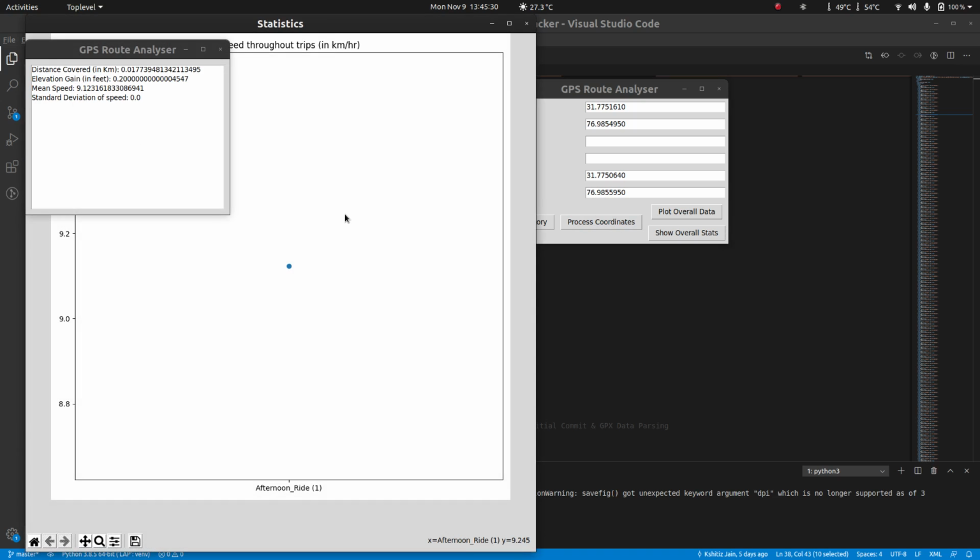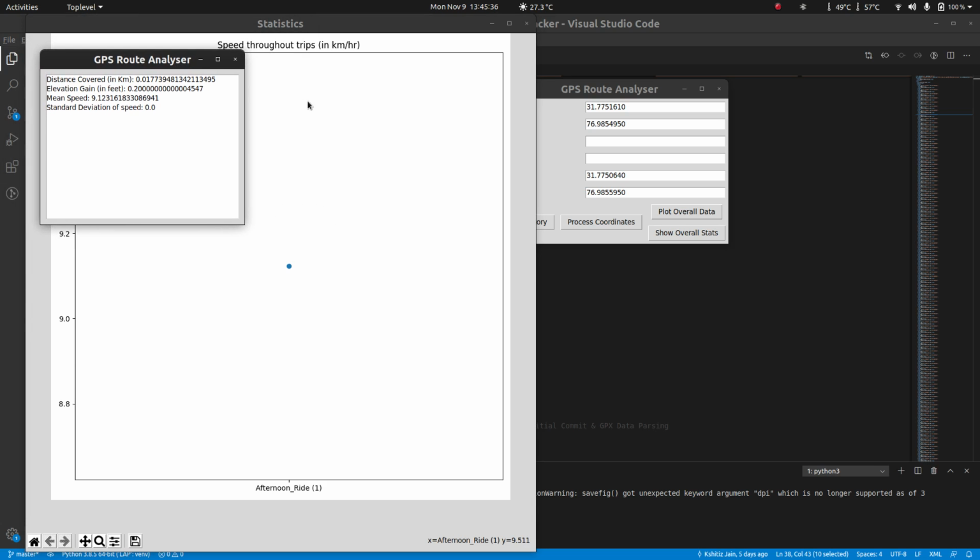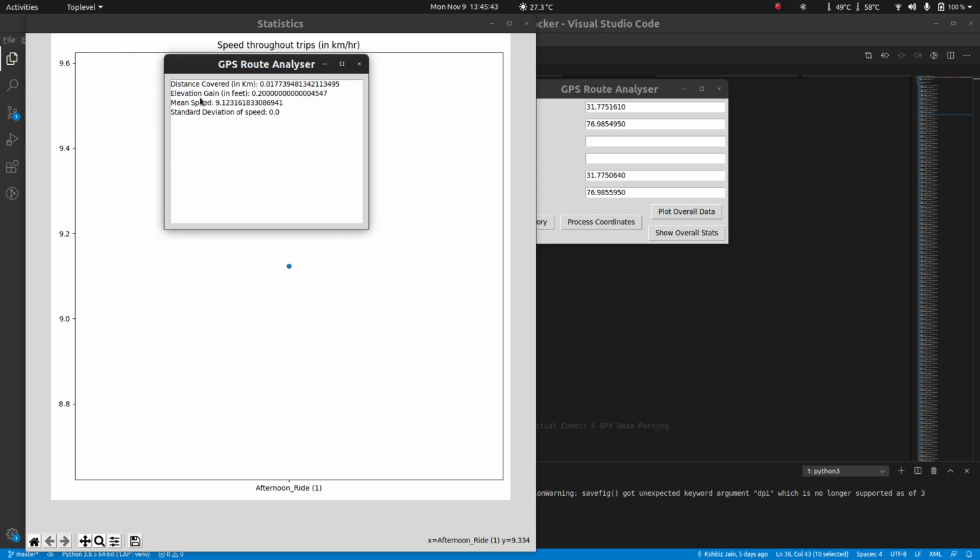So I'll start with the process coordinates functionality, and you can find the statistics, which is the speed which has been achieved throughout the kilometers. This is the average speed which has been achieved. We can see the distance covered, which is 0.017 kilometers, and the elevation gain between these two coordinates with the average speed, and no standard deviation